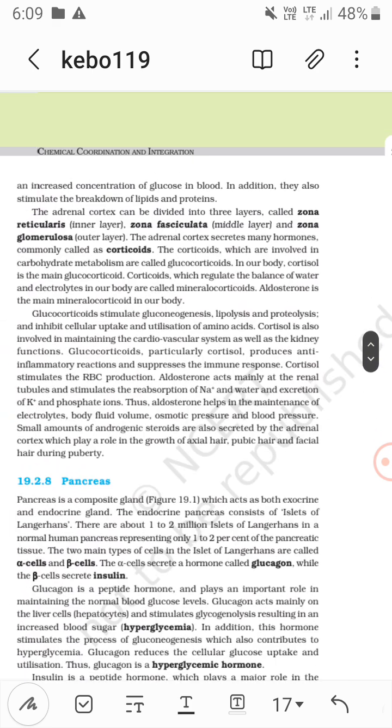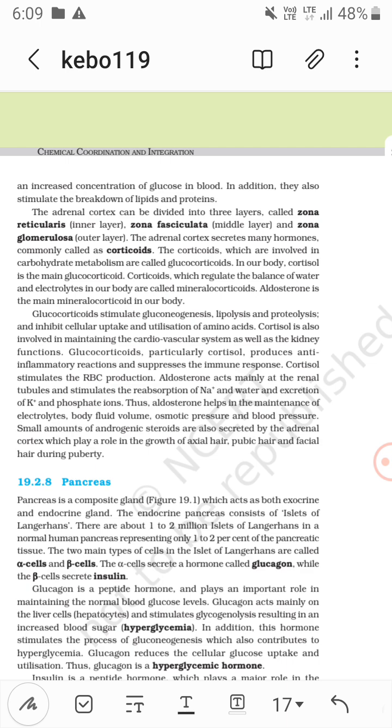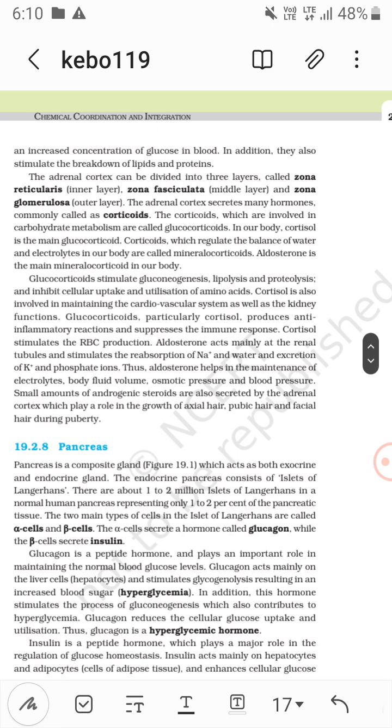Now talking of the adrenal cortex, there are three layers: zona reticularis, the inner one, zona fasciculata, the middle one, and zona glomerulosa, the outer layer. Now the adrenal cortex secretes many hormones. These are corticoids. If they are involved in carbohydrate metabolism, they are glucocorticoids, and cortisol is the main glucocorticoid. Corticoids which regulate the maintenance of water and electrolyte balance are mineralocorticoids. So aldosterone is the main